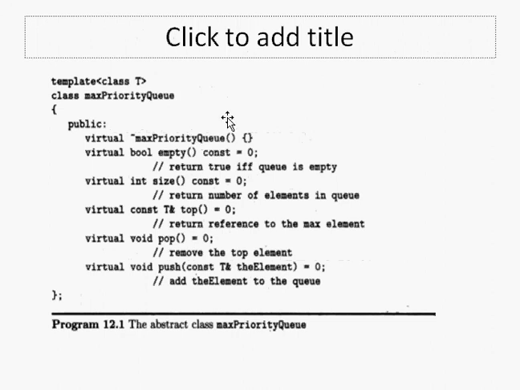In an abstract class, we are not doing anything, we just define the operations, and we set their value equal to 0, so that the derived class of this max priority queue can make use of this component, but this component is not going to do anything. It is just declared, but it's not going to do anything. Hence the functions are meant as virtual functions, they don't do anything physically.